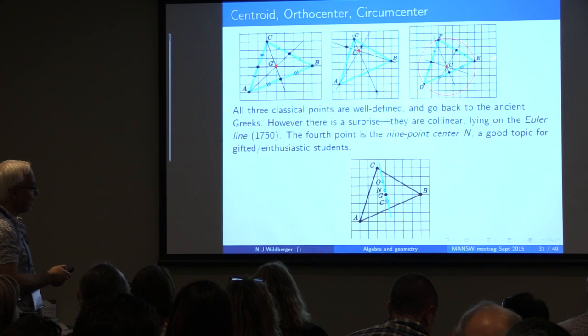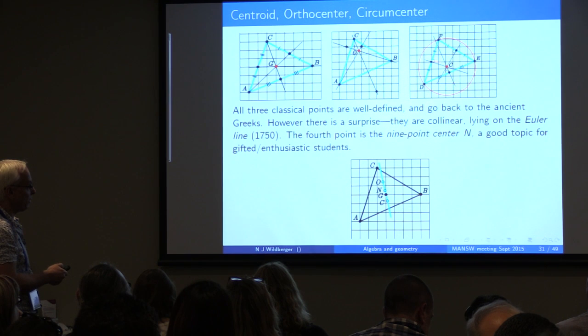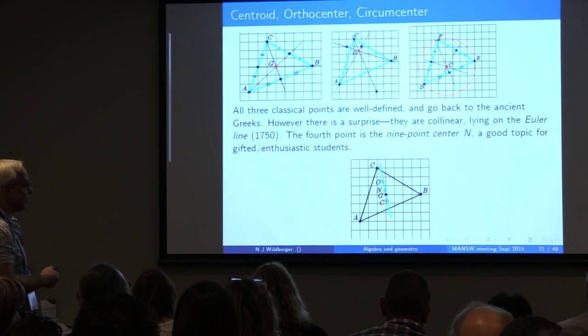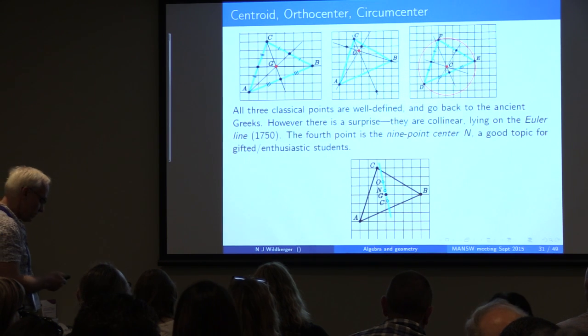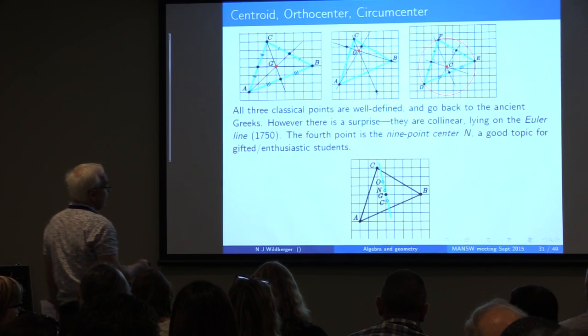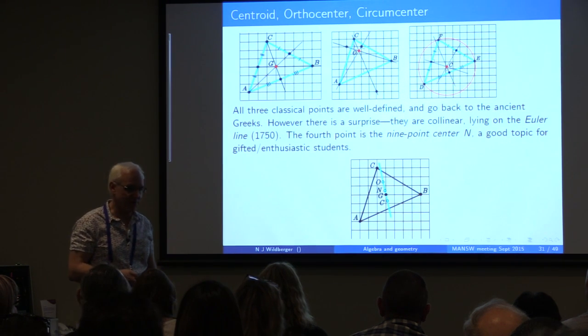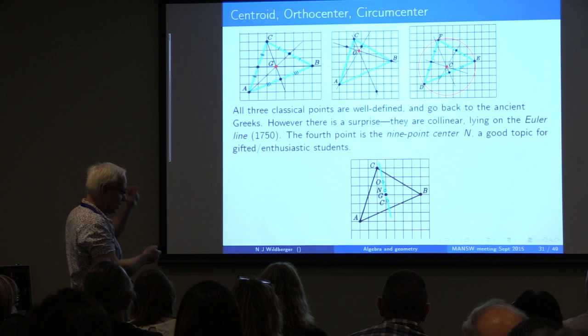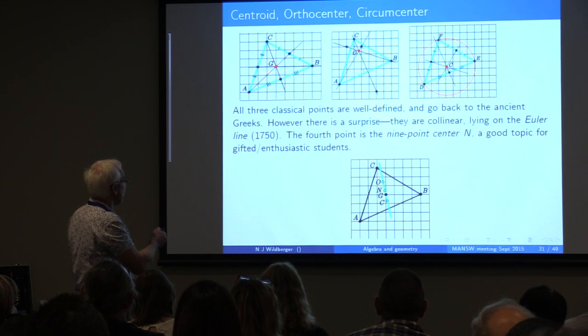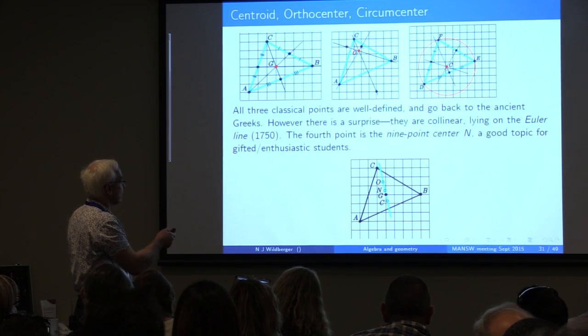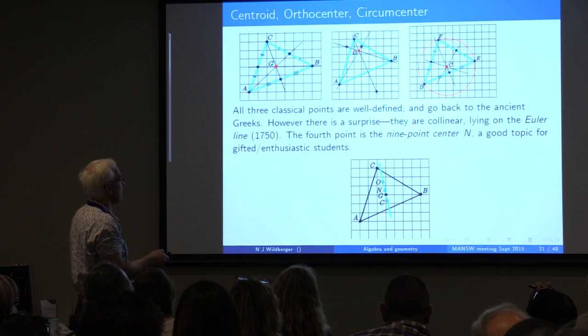So you take a side, and you take the midpoint, and you take a perpendicular through that midpoint. Perpendicular through the midpoint, perpendicular through the midpoint. They meet in the circumcenter, which is the center of the unique circle that passes through the 3 points. So these 3 points were, again, known to antiquity. They were known to the ancient Greeks. So there's a fact associated to each one of these, namely that these 3 lines are actually concurrent.